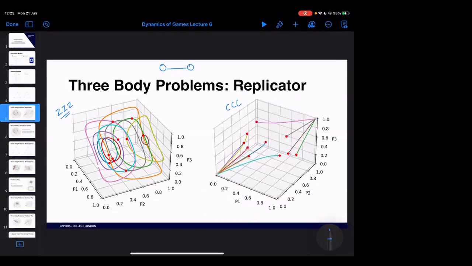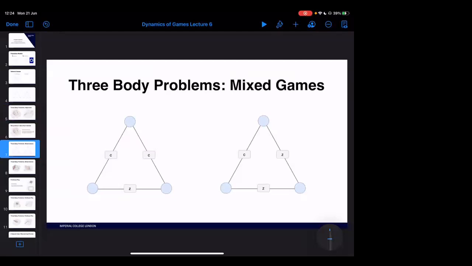Okay, so we've seen non-recurrent behavior in zero-sum games, convergent behavior in coordination games. The follow-up question is, let's try and mix these together, right? So that we have what are called CCZ and ZZC for, again, pretty obvious reasons. Essentially, now we have the situation in which not everyone interacts with everyone in the exact same way, right? So I might be in coordination with one of my opponents, I might be competing against another, right? And you might have a different relationship with those neighbors as well. And so we're really starting to mix it up here.